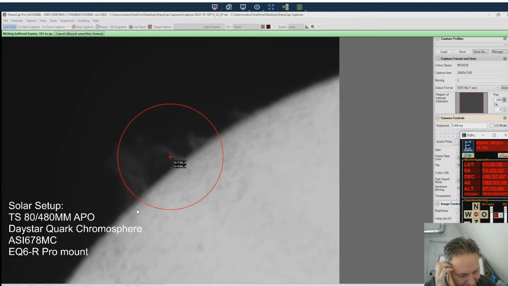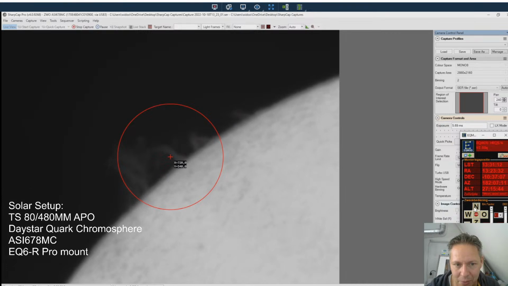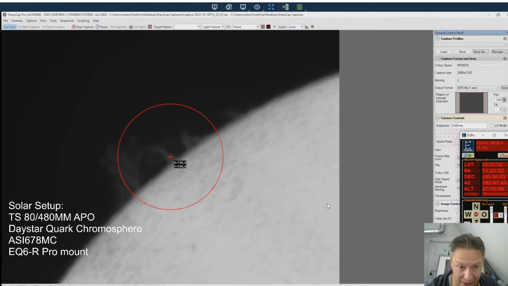Greetings, morning from California. Good morning, Marco. We are looking at the sun in a live stream. So this is my telescope setup. Small refractor telescope with 500 millimeters focal length, paired with a Daystar Quark Chromosphere and an ASI 678 camera. And you can get these kinds of looks of the surface of the sun and also some flaring on the side, so that's cool. I'm trying to capture these 4 flares and I hope to create a time-lapse video, but